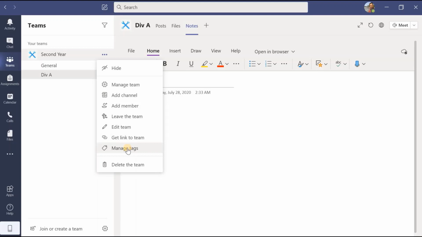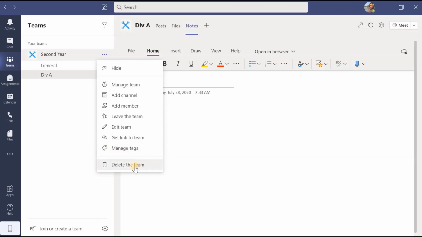Then manage tags, that we have already discussed. Suppose we are going to have 4 groups: group 1, group 2, group 3 and group 4. To group 1 you are going to assign certain types of activities, group 2 certain types of activities, 3 certain types of activities, and to 4 some other activities. Then for each and every group you are going to assign a separate name, which will be treated as a tag in order to call them as and when required in the conversation or in the chat box.